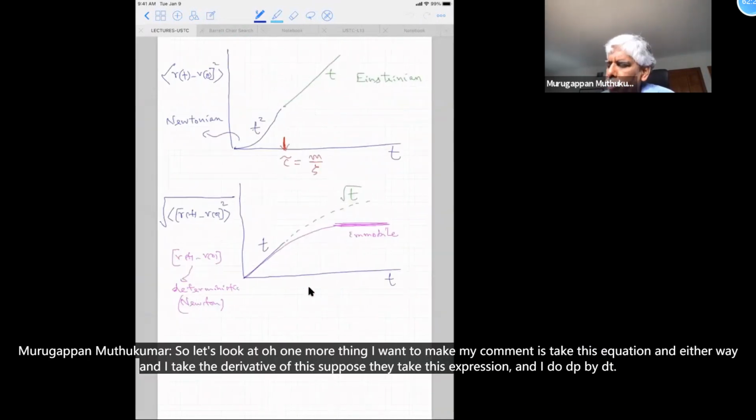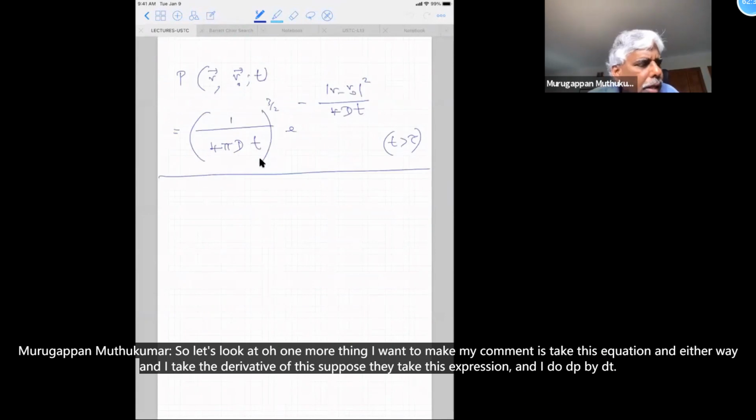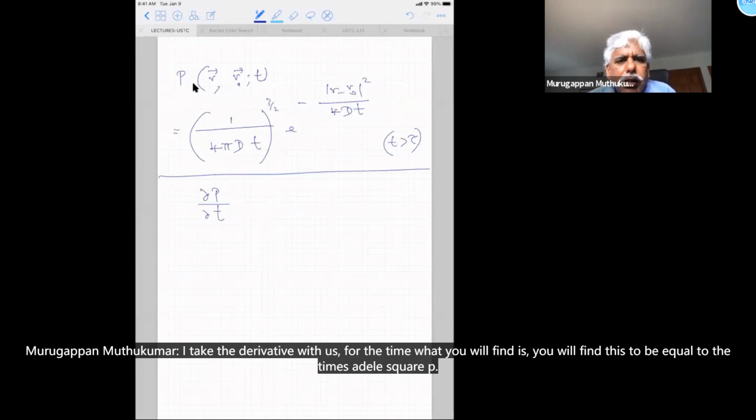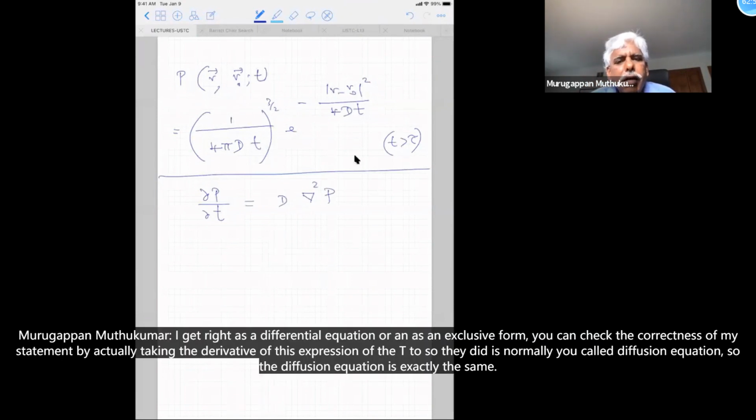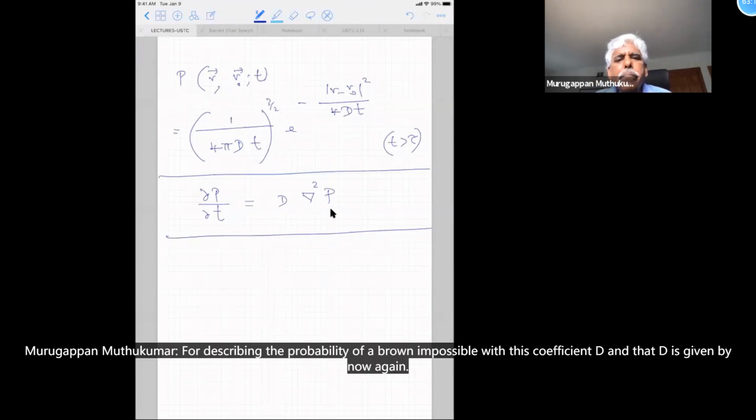So let's look at one more thing I want to make. My comment is, take this equation and take the derivative of it. Suppose I take this expression and I do dP by dt, the derivative with respect to time. What you will find is that this is equal to D times del squared P. I can write it as a differential equation or as an explicit form. You can check the correctness of my statement by actually taking the derivative of this expression with respect to t. This is normally called the diffusion equation. So the diffusion equation is exactly the same for describing the probability of a Brownian particle with this coefficient D,